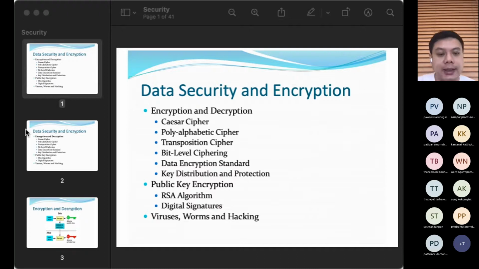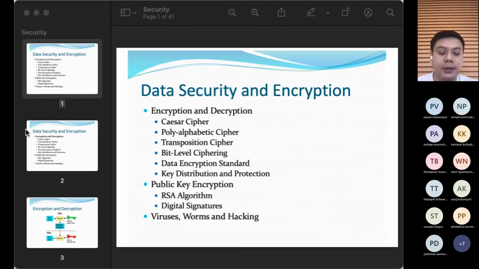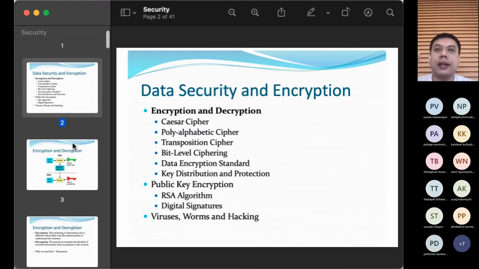First thing, data security and encryption. What we use here is quite common, with many people talking about protecting credit cards and securing your information or personal data. We talk a lot about encryption and decryption: you save it, you encrypt the data, you secure the data. A lot of things we talk about these days, and it's common.